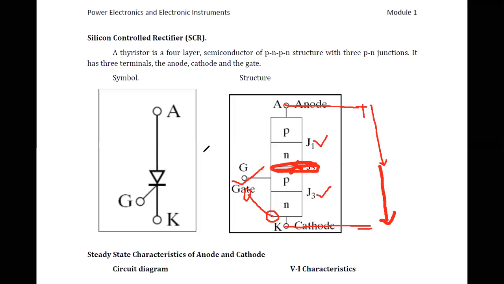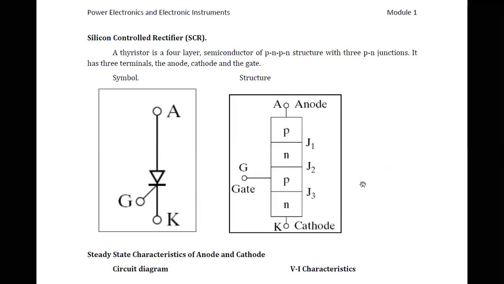So therefore, always remember, in a silicon controlled rectifier there are two states we have. One is forward blocking mode and another is forward conduction mode. In the forward blocking mode, when you apply anode and cathode voltages, junction J1 and J3 are forward biased, junction J2 is reverse biased. Slightly increasing the gate voltage will break the junction J2 and allow the current to flow from anode to cathode. So in this way you can write the answers also for that particular graph.